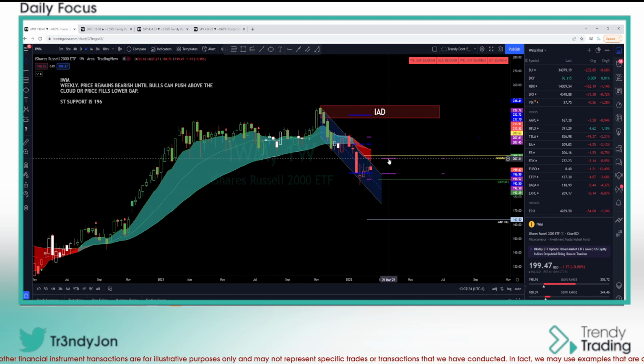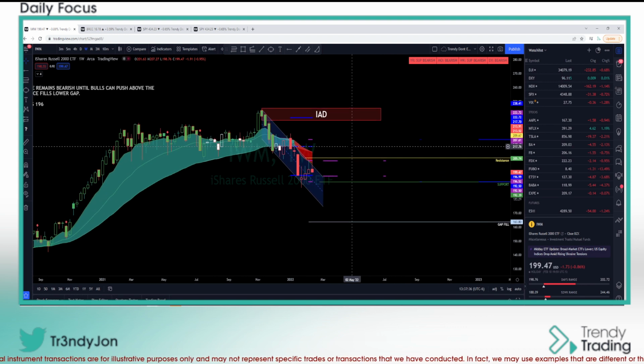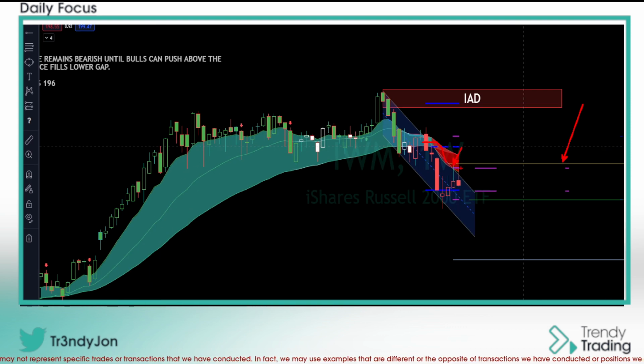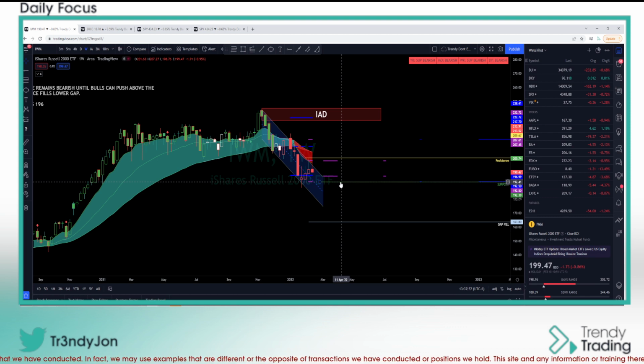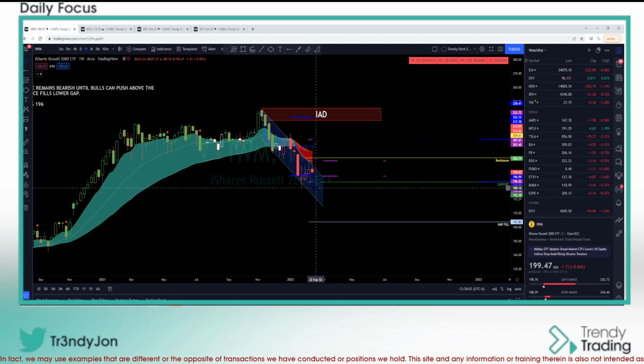And matter of fact, we could move this red box if we wanted to, but if you will, just imagine that that red box is right here at around this yellow line. This is resistance until proven otherwise. Again, you could see right here, let's go ahead and zoom in, that the cloud is resistance until proven otherwise. This does look like a possible H pattern. And if we do have that pullback like I'm expecting, then I would look for 192 to be that major level of support. And if not, look for that double bottom or that test of the previous lows at around